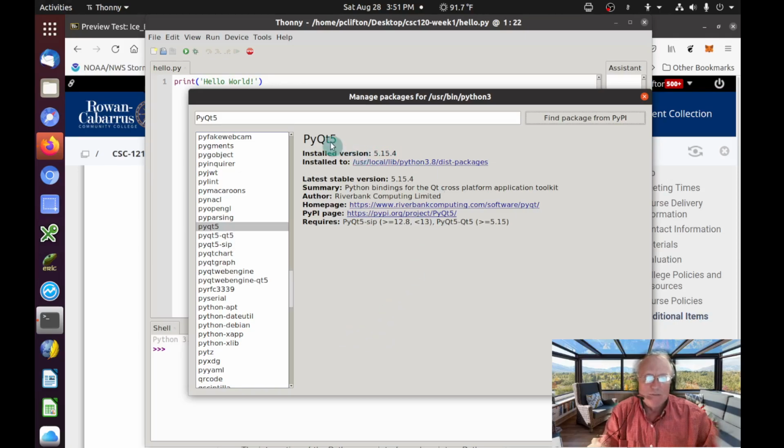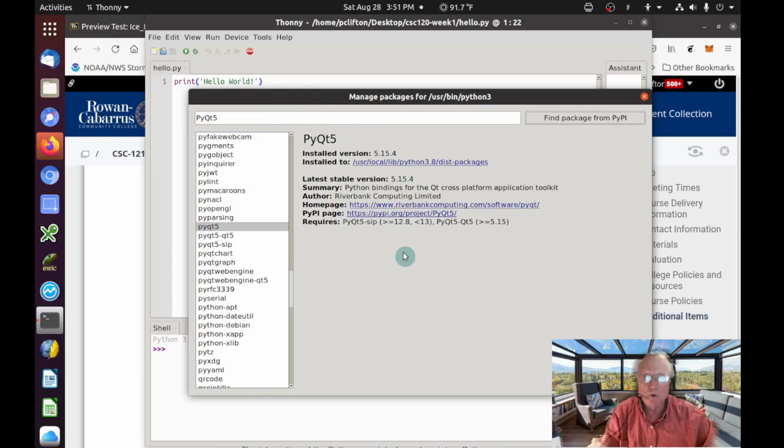So this will put the PyQt5 toolkit onto your Thonny program where it's incorporated into Python,